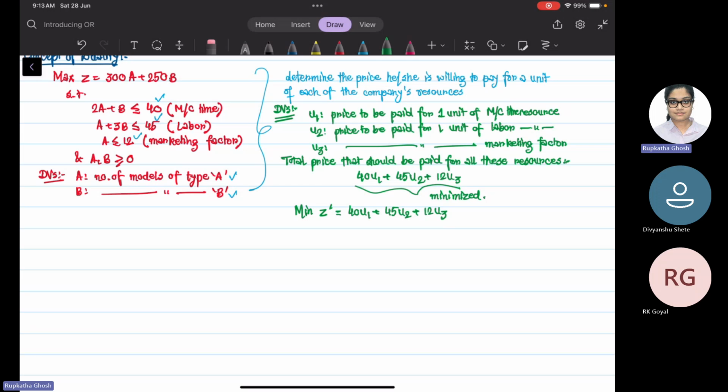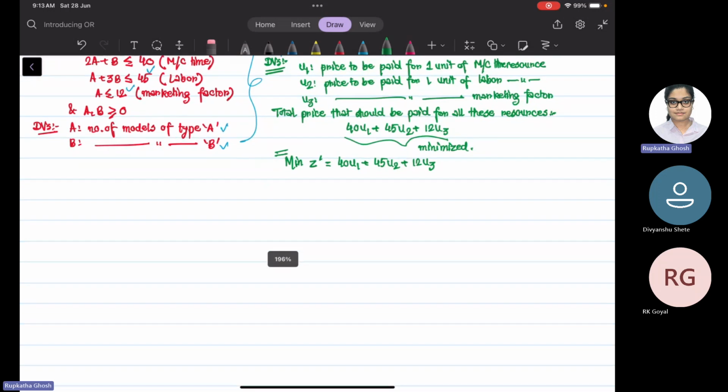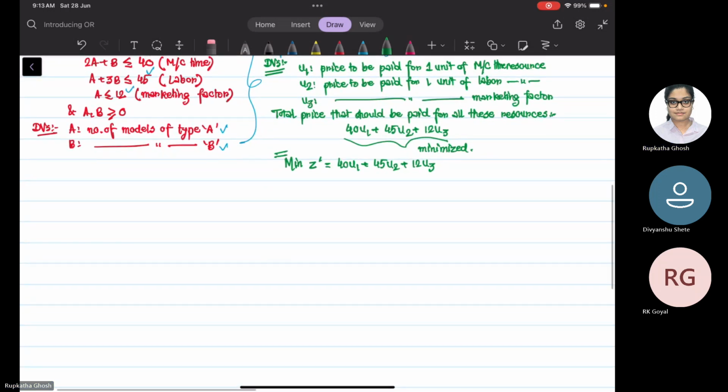So, for example, normally in your book, it will be written that if it is a maximization problem in your primal model, and here it is maximization, right? So it automatically becomes minimization in the dual. But why does this happen? That is why I've taken this example so that you can understand and you don't get confused. So verbally, if I have to formulate, then I will write that,